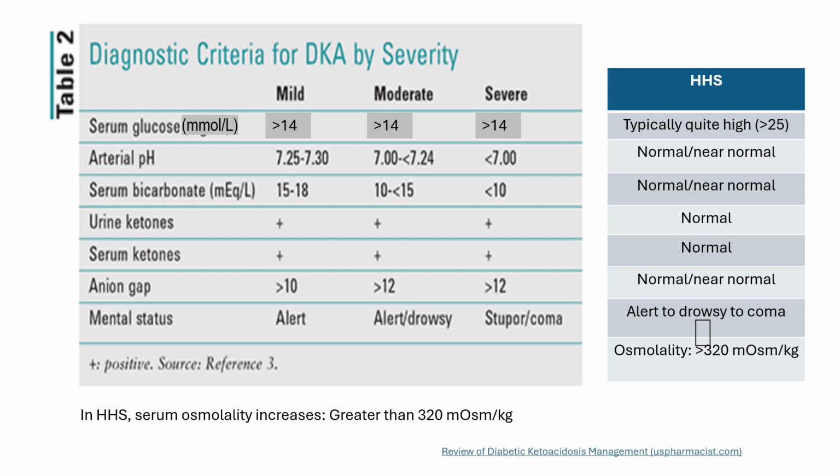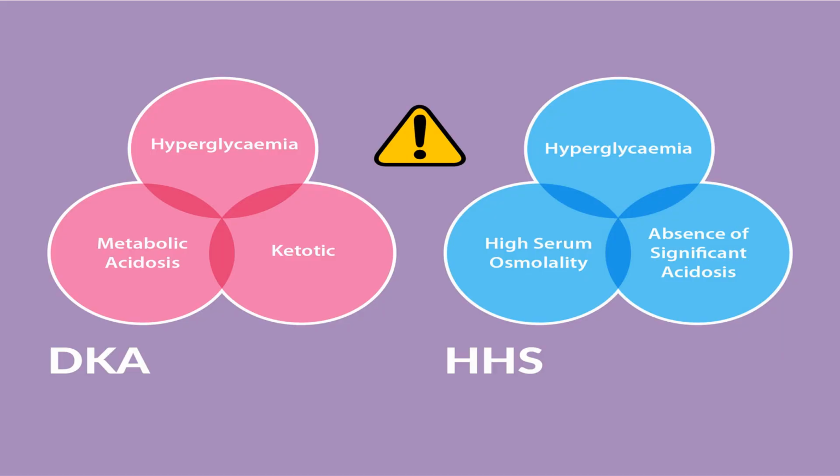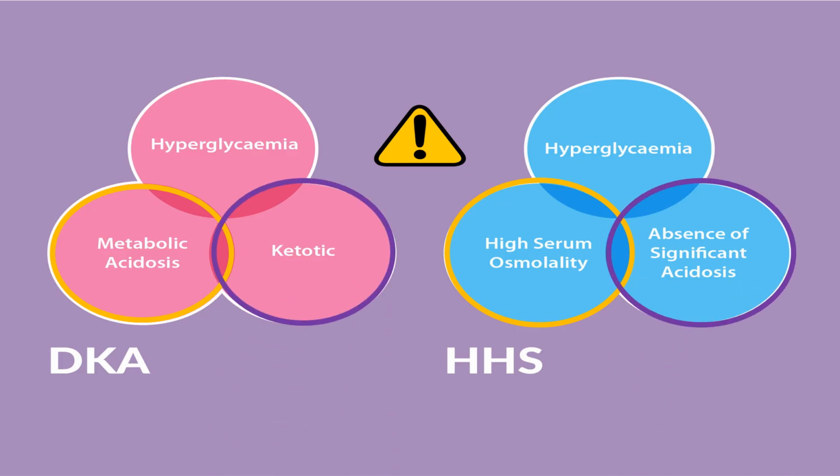So if their osmolality is greater than 320, then they are definitely in a hyperosmolar hyperglycemic state. And here's another slide that shows that both DKA and HHS can have hyperglycemia, but they don't both have metabolic acidosis. DKA is typically showing metabolic acidosis, whereas HHS is showing the high serum osmolality. And then you'll see as well that in DKA they'll be ketotic, but there'll be significant absence of ketosis in